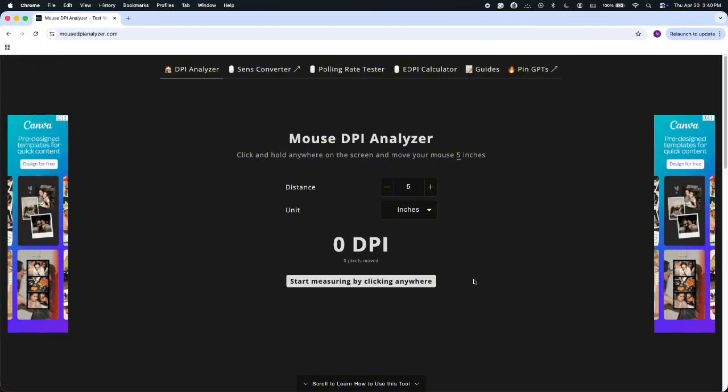Hey everyone, today I'm going to show you how to check your mouse DPI on Windows 10 or Windows 11 PC. So this is helpful if you want to know how sensitive your mouse is, especially for gaming, editing, or normal computer use. First, open up your browser and go to Mouse DPI Analyzer, and on the website, enter the